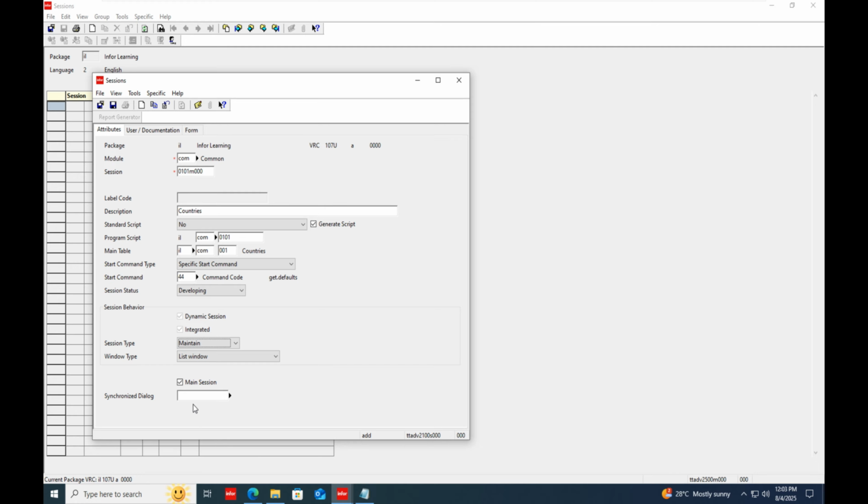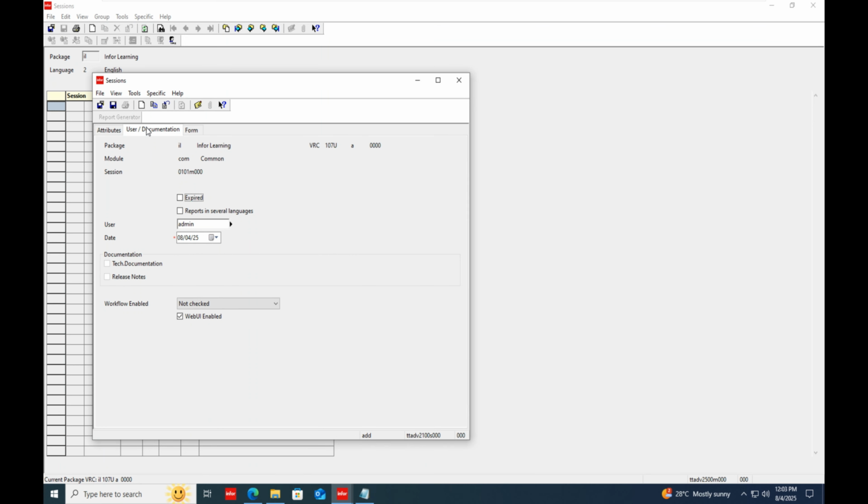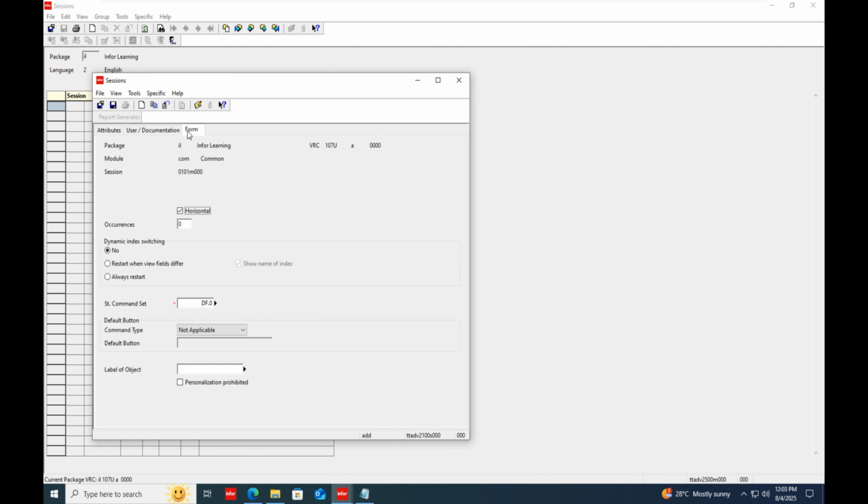For this part I'm going to explain in an upcoming video, not now, because this is not in the current one. Okay, command type here, and coming to the form,